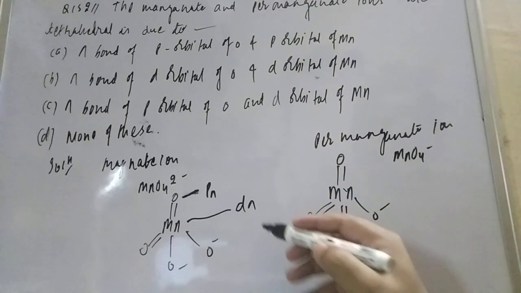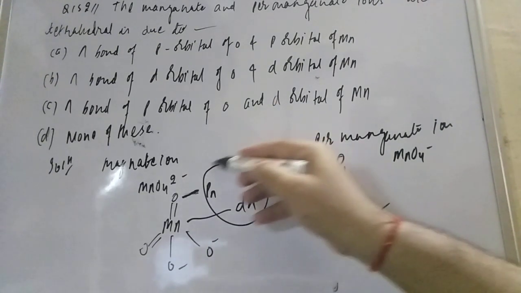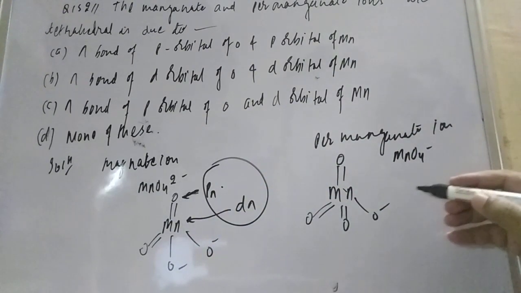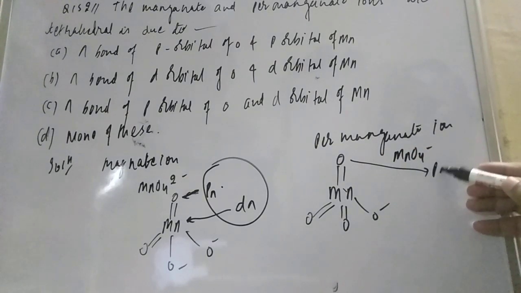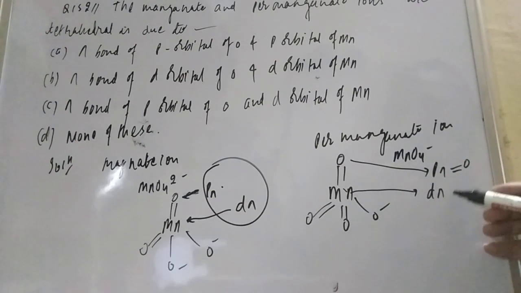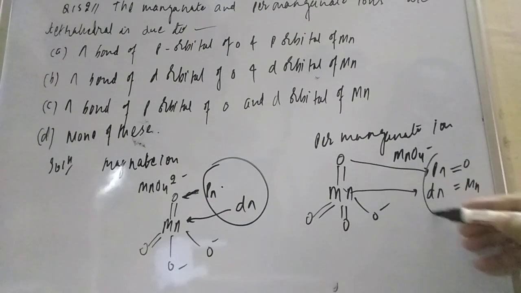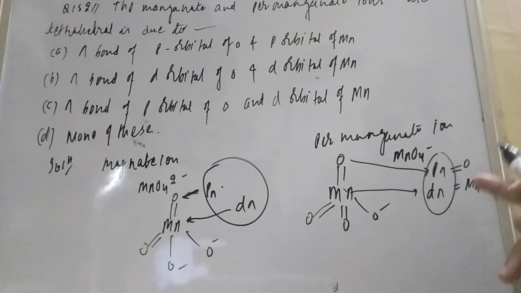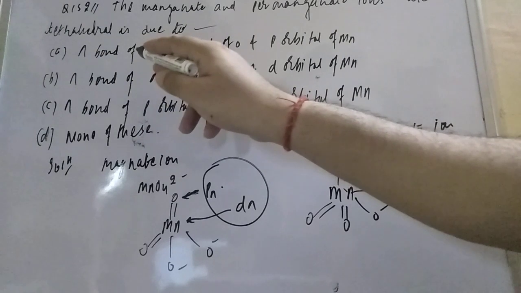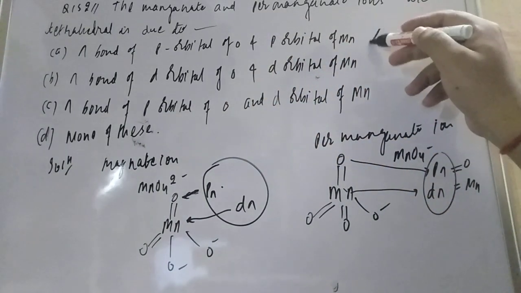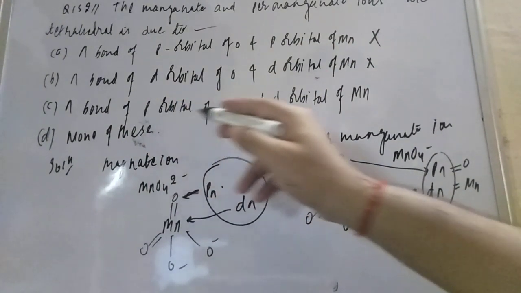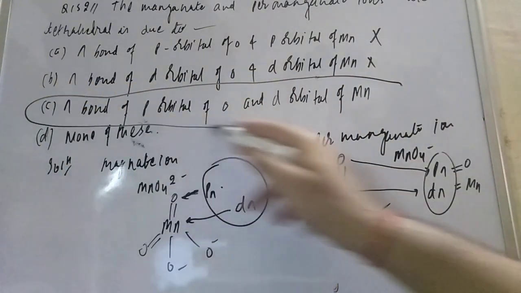So what will it form? D pi. So what kind of pi bond will form, due to the p orbital of oxygen and the d orbital of Mn. Similarly, in this case, this is also p pi from the oxygen, and Mn has the d orbital, so d pi. So the p pi orbital will be the p orbital of oxygen and the d orbital of Mn will be involved. Check option A, pi bond from p orbital of oxygen and p orbital of Mn, wrong. Pi bond d orbital of oxygen, no d orbital in oxygen. Pi bond of p orbital of oxygen, d orbital of Mn. So option number 3 is the correct option.